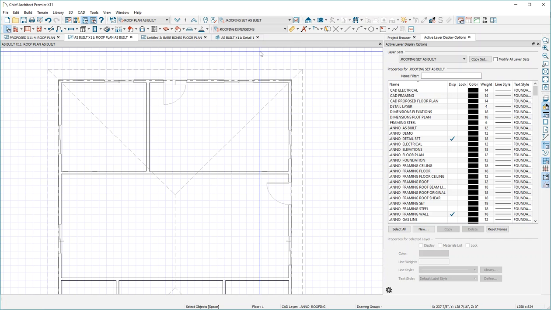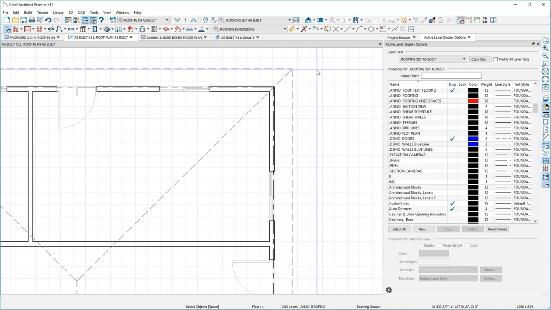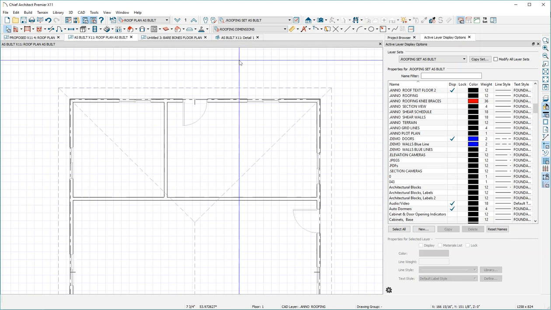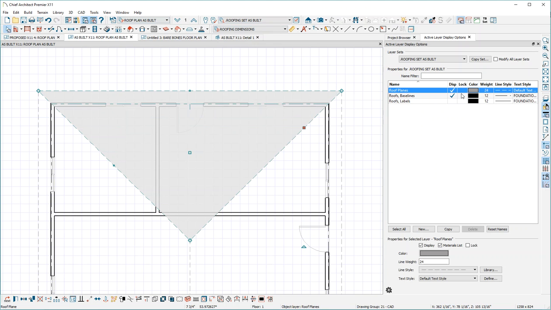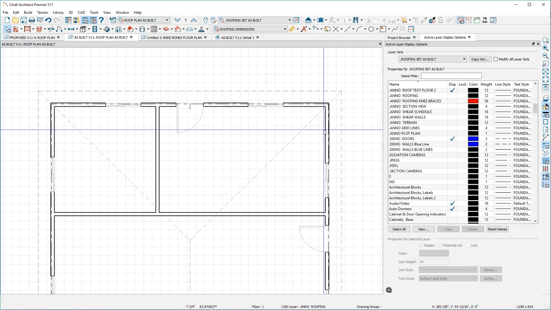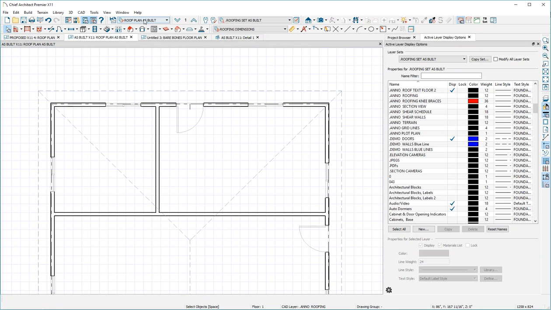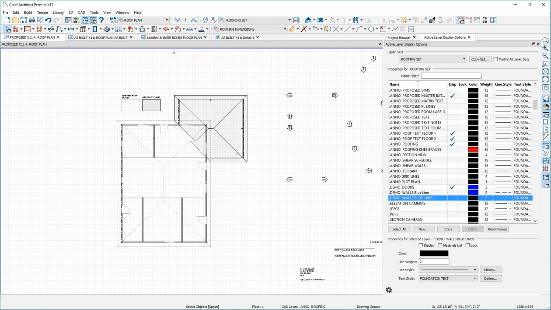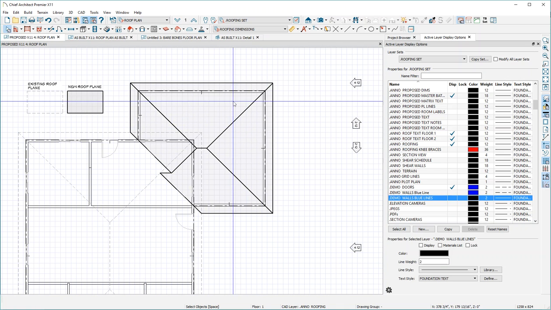I think to make them really effective, you need a new plan view and a new layer set, which is no big deal, except if you're like me, I've got thousands of everything, so that's a little bit of a downside. But on this roofing set as built, I've defined the roofing planes to be grayed out, thin and grayed out, down to a 24, could be even smaller, and they're gray right on this here. And if we go back to the proposed roof plan, the downside to this is that